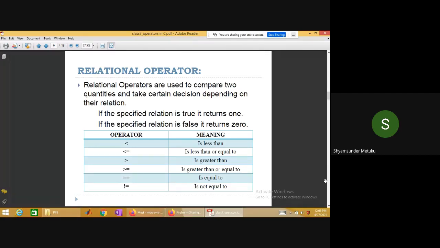When you want to compare that both of them are not equal, you can use the last operator. So in total, here also we have around 6 operators. Arithmetic has 5 operators and relational operators are a total of 6 operators. That is how you must remember each and every operator.